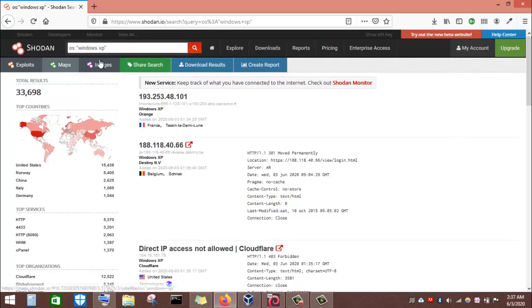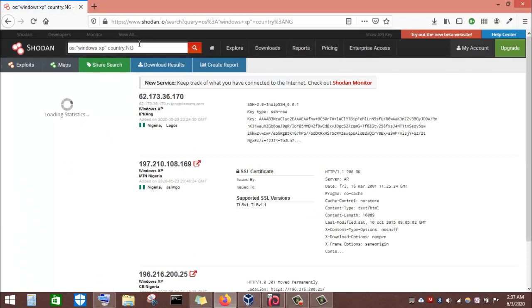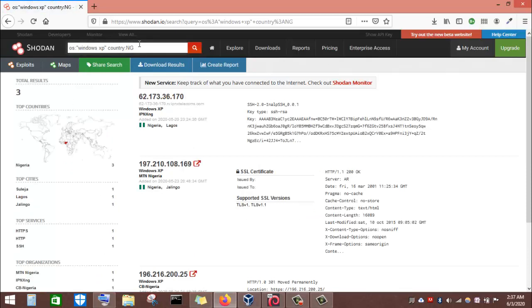Now I can also further refine this search. Say I'm looking for those devices based in Nigeria, then I'll make use of the country search filter, and then NG. The country code for Nigeria is NG, and then I'll hit enter. Then I'm going to find all those devices that are running Windows XP and that are based in Nigeria. I have been able to find 3 devices that are still running Windows XP and found